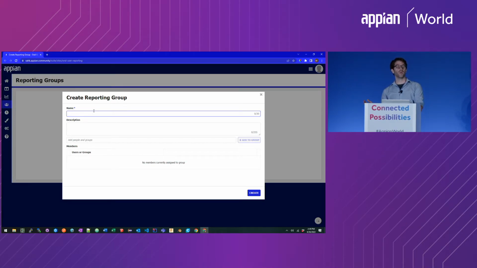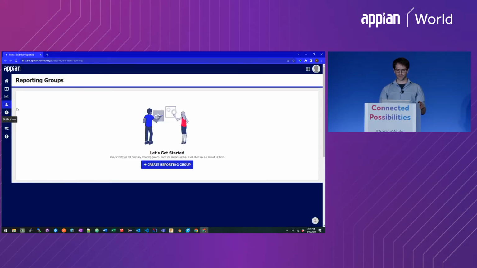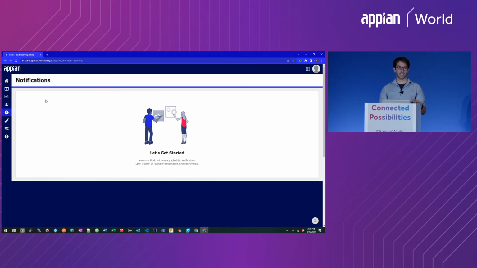I share it with a reporting group, or I share it with an individual user. So you don't need to have all of your teams built into Appian groups beforehand. That can all be configured in production. Same concept. So that's the reporting group concept. That's used for, as I mentioned, sharing, but it's also used for this other feature, which is this concept of